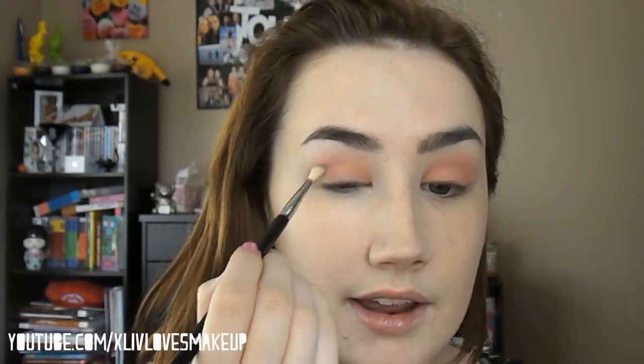So now I'm going in with my favourite brush from the Performance kit, and this is the E36. If you're going to buy any brush from Sigma from the kit, definitely recommend that it's this one. This brush is amazing, I love it. And with this I'm taking Café Lait, which is the brown, and I'm just tapping that into the tip of the brush, and like with the other tutorial that I did, I'm just